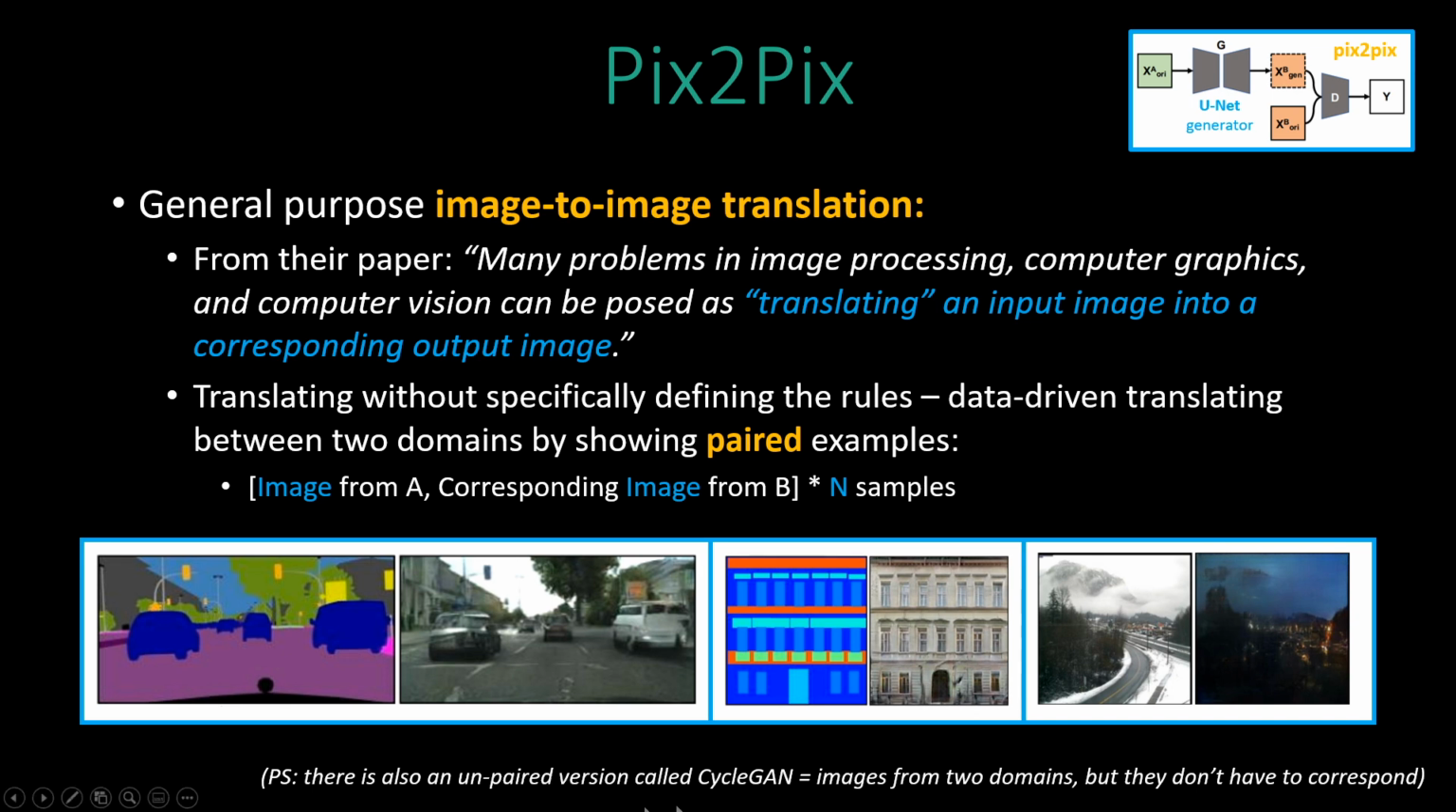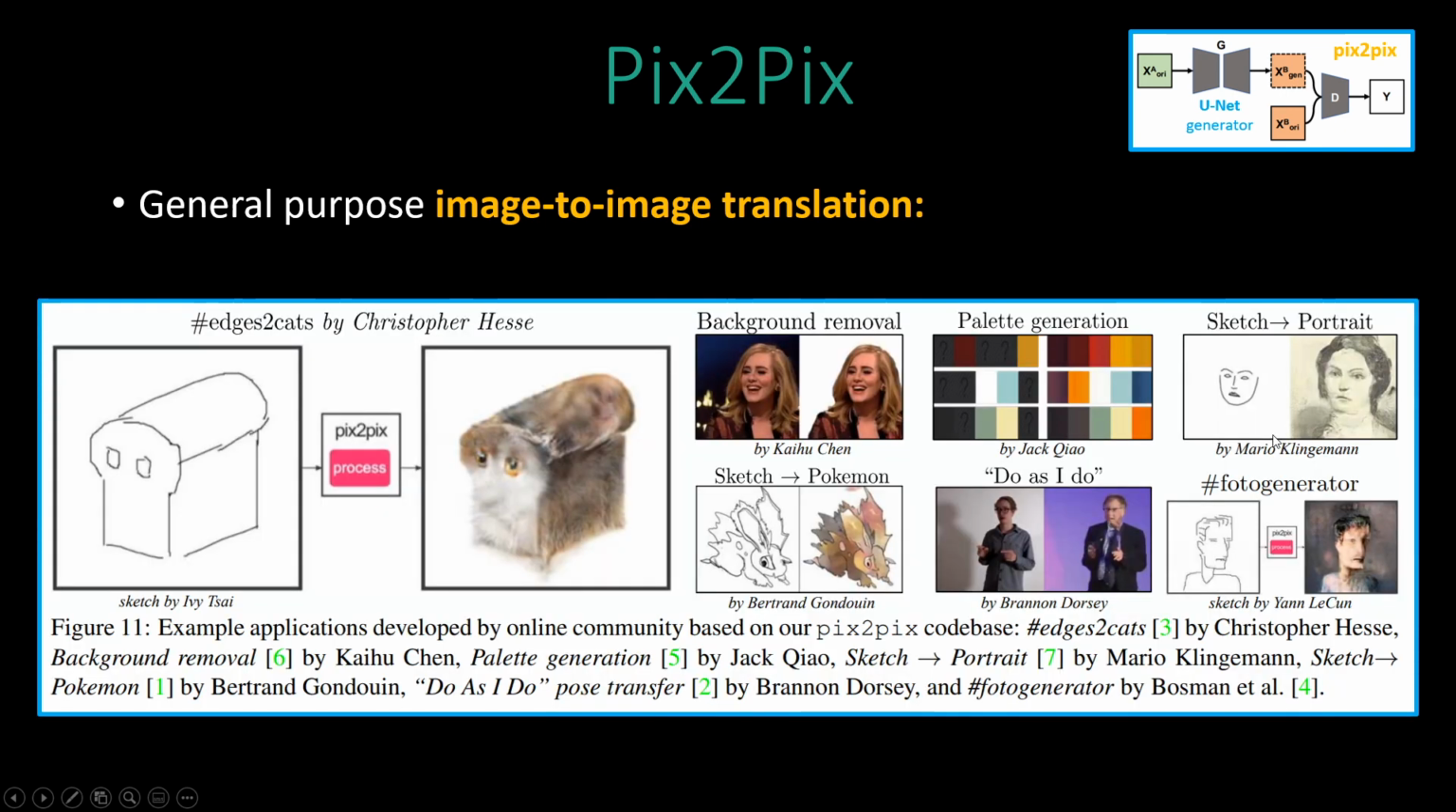So for that, there is a paper called CycleGAN, which works with unpaired data. So we have just a bunch of images from one domain and then a bunch of images from another domain, and then we sort of don't need to pair them. So if you're interested in that, search about CycleGANs. Okay, so what can we do with a general purpose image-to-image translation? This can be used in various types of